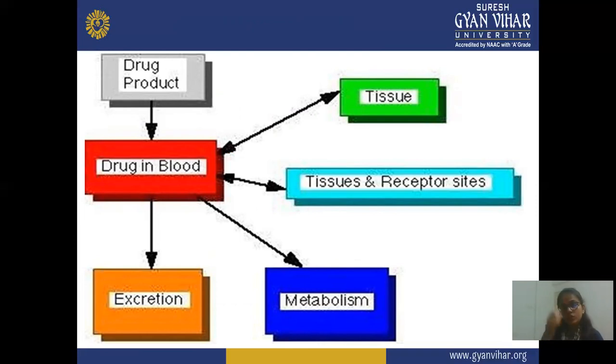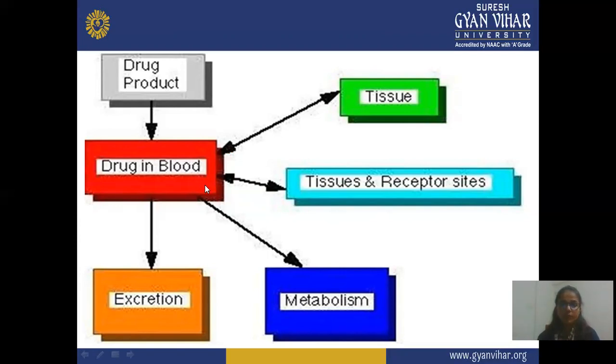In this flow chart of drug product, drug in the blood, and excretion, this is how the pharmacokinetic parameters take place and what will show the effect. First is taking the drug, or this is a drug product. After taking it, the drug goes into your blood or your body. After reaching the blood, it gets excreted by different routes, or there may be different parameters observed after reaching your blood or body.